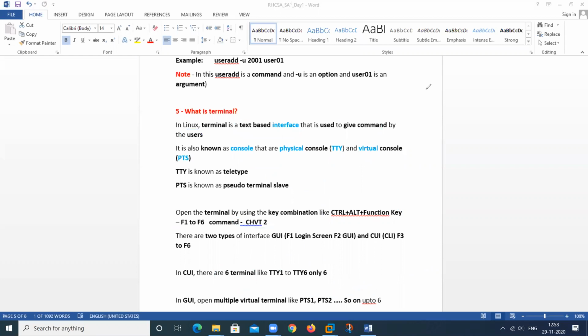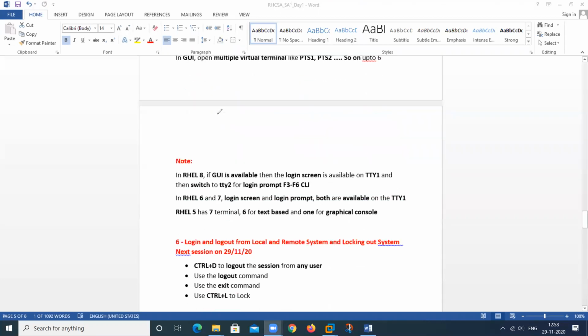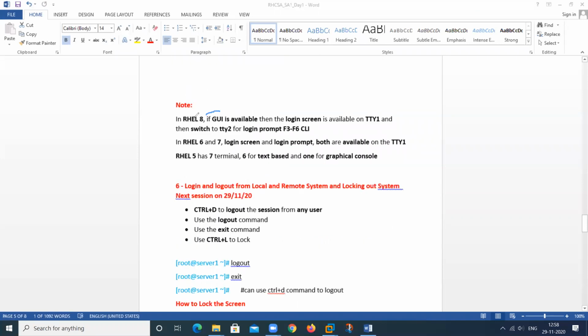And one more piece of information about this. In RHEL 8 only, it's not about RHEL 7, 6 and 5, the GUI is available, then a login screen where you can type the username. So this login screen is available on TTY1, but only in RHEL 8. It's not available in RHEL 7.